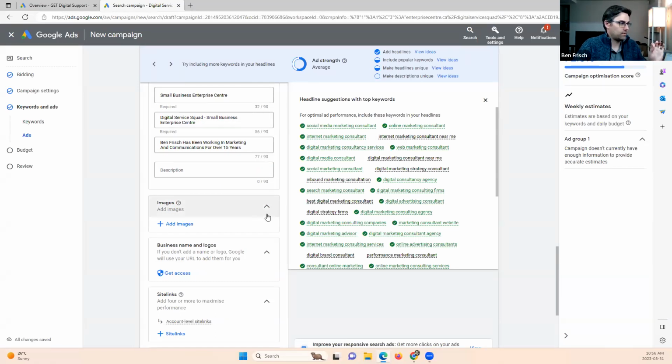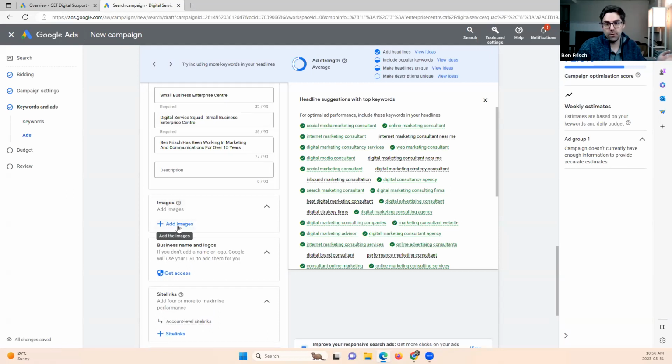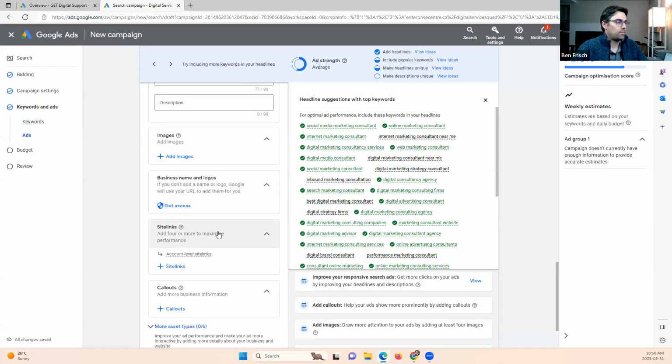I did want to mention as well, we've got an option to add images too. Even though this is a search ad, you do have an option for images. They're called image extensions. So sometimes there'll be a small little thumbnail next to your search ad. So I highly recommend doing that, because it definitely stands out, makes you look a lot different from the other ads. You want to put in your name and logo,